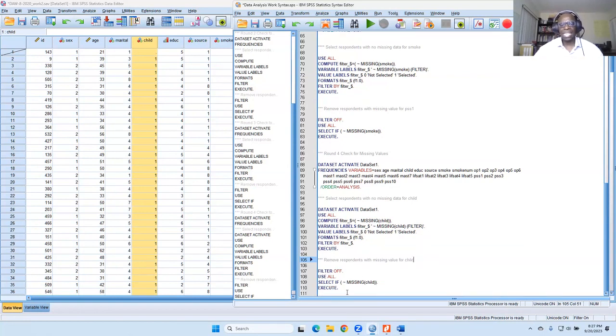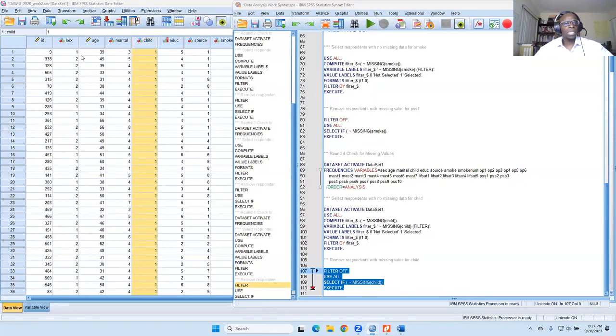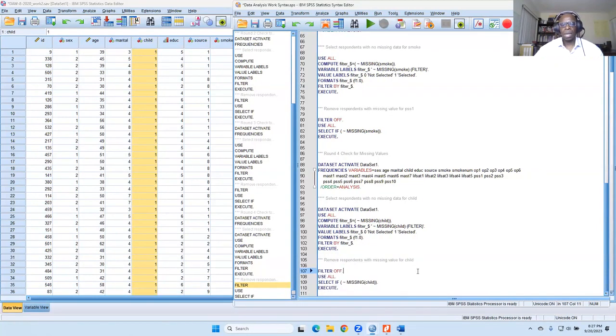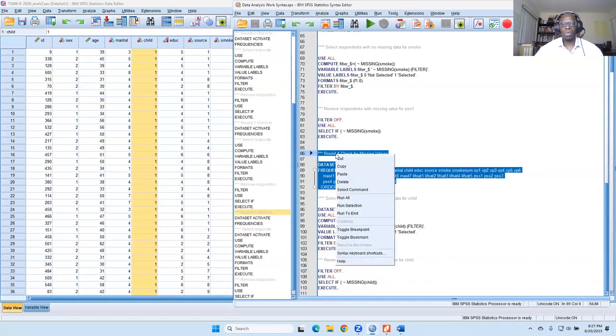All right. So basically what we're saying here is we've highlighted, we've excluded the missing value for child. Now we're going to delete the missing value for child. That's what this means. So when I run this, look what's going to happen to child over here, right? This is the one that's missing. So when I run this, it disappears. It's taken out. Okay. All right. And then we're going to save that. And then we're going to go and run it one more time just to make sure.